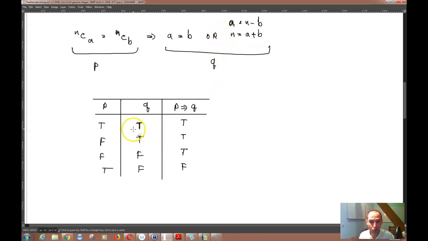So this means that if Q is true and P is true, then P then Q is true. If Q is true and P is false, then still the whole P then Q is going to be true. If both of them are false, then P then Q is going to be true. And also if Q is false and P is true, then P then Q is going to be false, which is not really